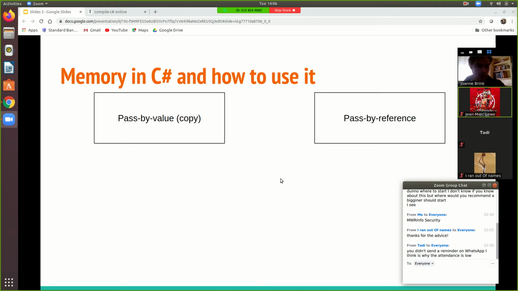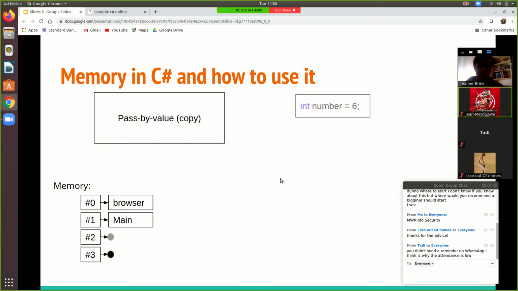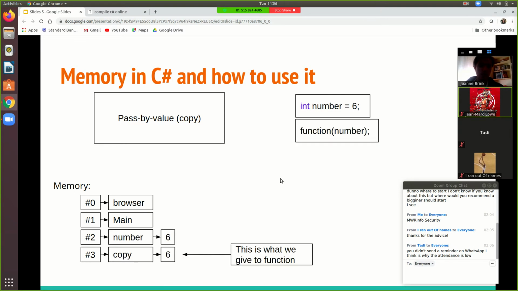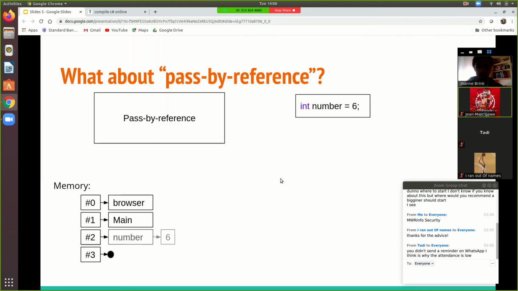Oh, and actually, Creflo, this is the exact kind of thing. Depending on what kind of cybersecurity you were doing, this type of thing could play a huge role. Most of the security issues in mobile phones and on desktops have to do with how the computer is copying memory, and there's lots of ways to exploit these kinds of ideas. So this specifically, this difference between pass by value and pass by reference, how the computer handles memory, will be